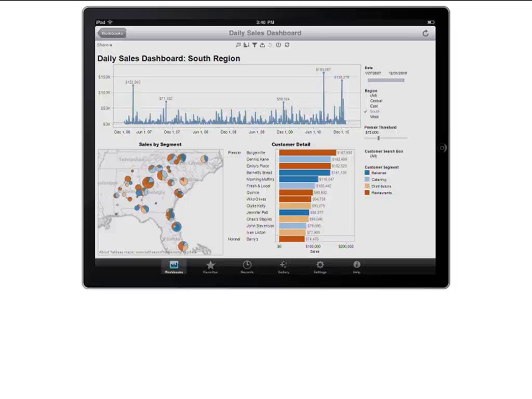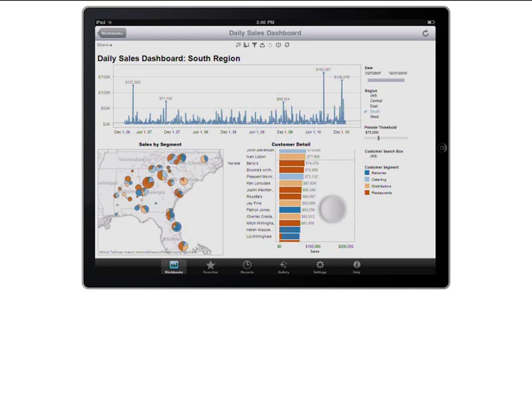Mobile business intelligence holds the promise of actually getting you data when you need it, on the factory floor, in a meeting, or when you're with a customer. So let's take a look at how this works. Here we're looking at an iPad, and you can actually see my finger tap with this circle when I move